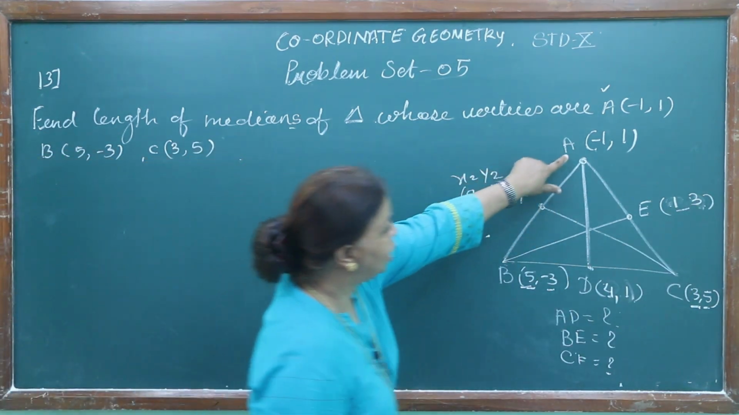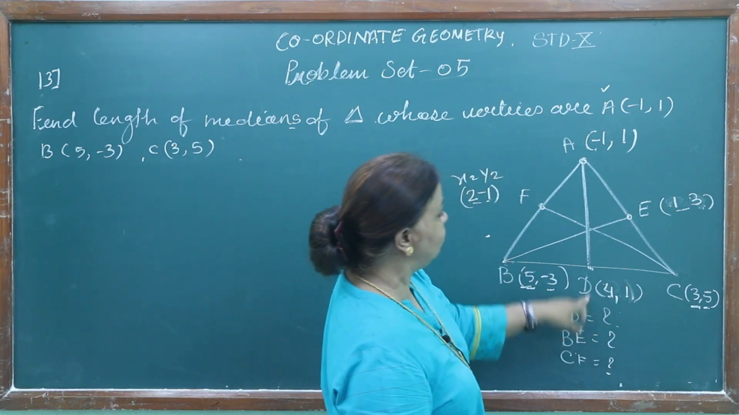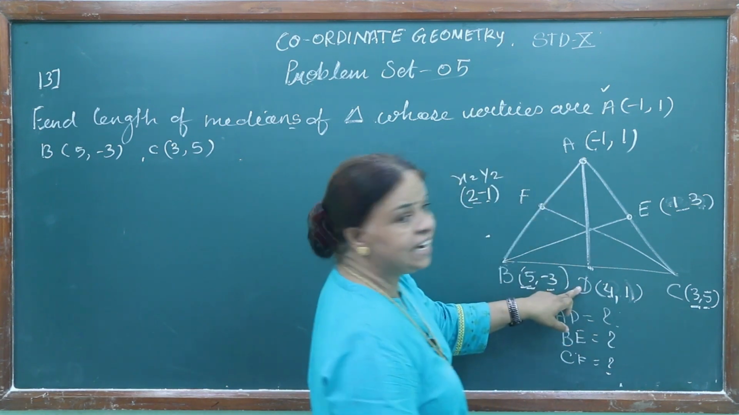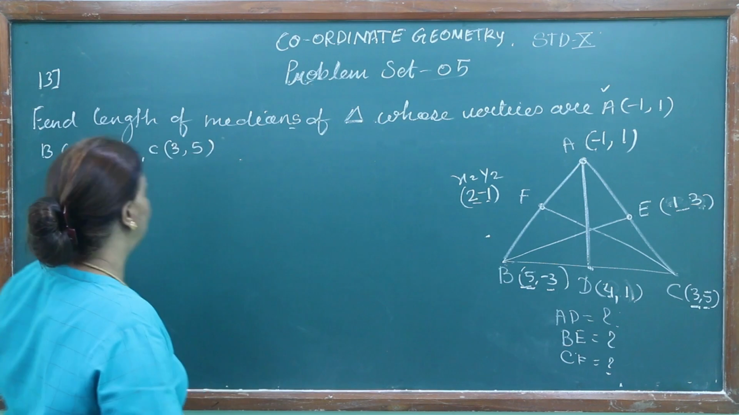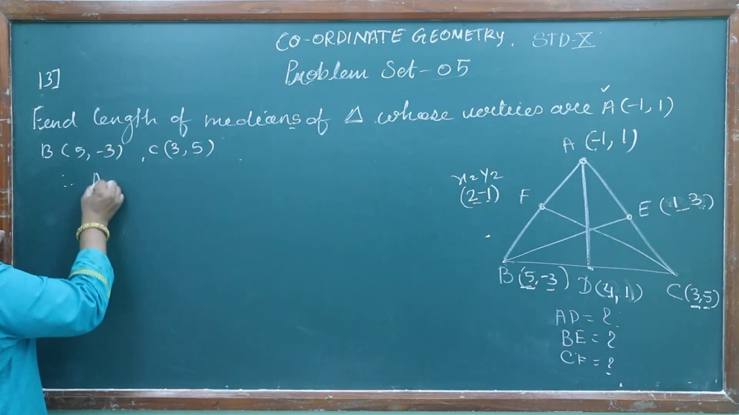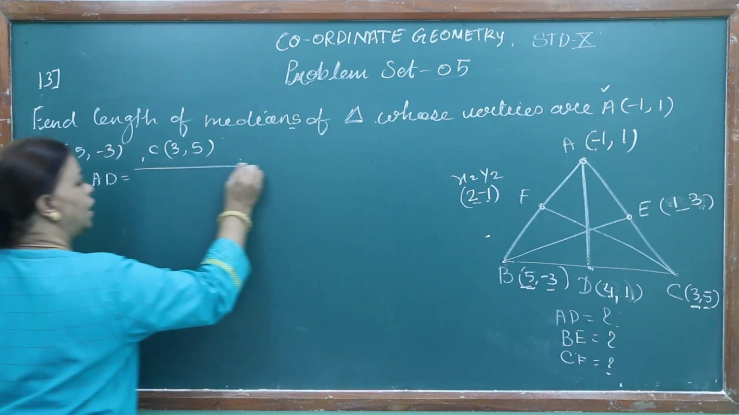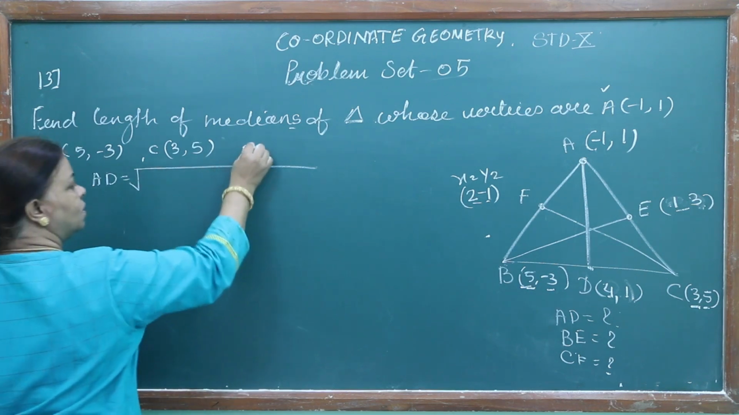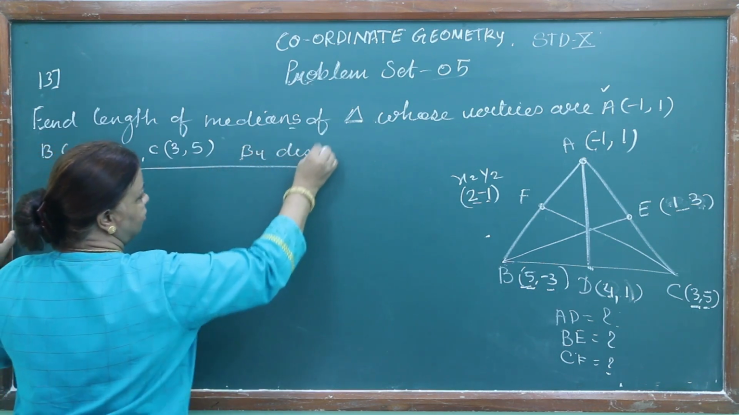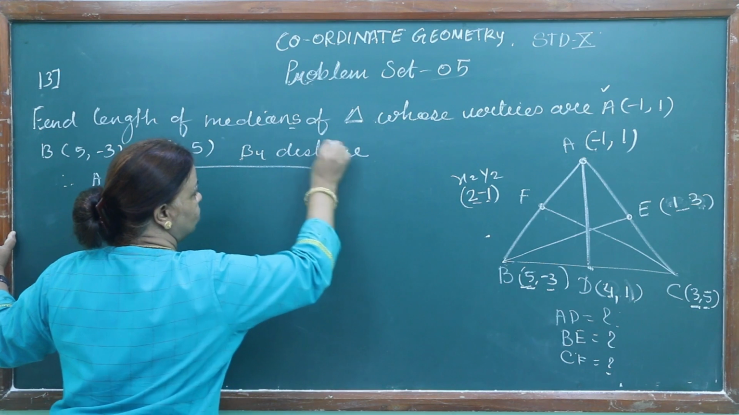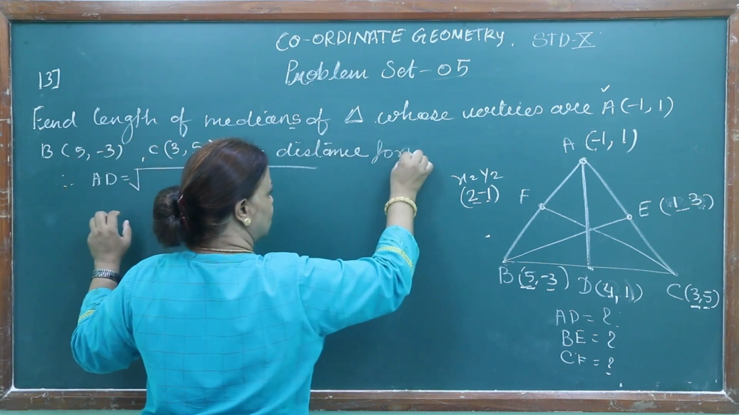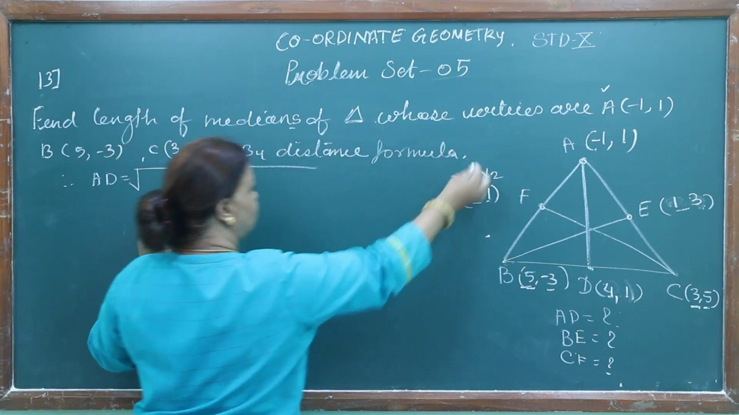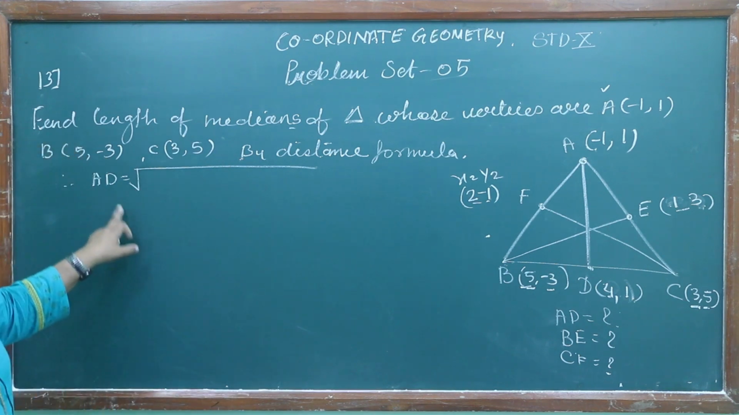Children, we know the coordinate of A, we know the coordinate of D. We want to find out the distance between A and D. That would be by distance formula. Therefore, AD is equal to under root. Now by what? By distance formula. Every time when you are using the formula, you need to write down which formula you are using. So now we are using distance formula, so we are writing distance formula. So AD,